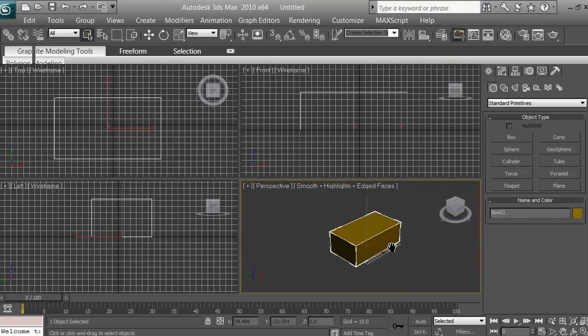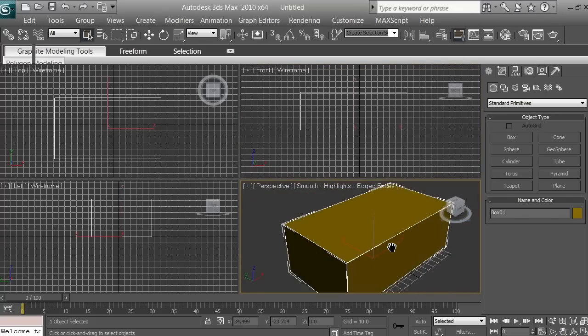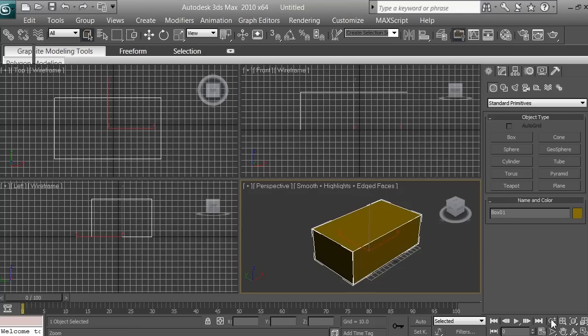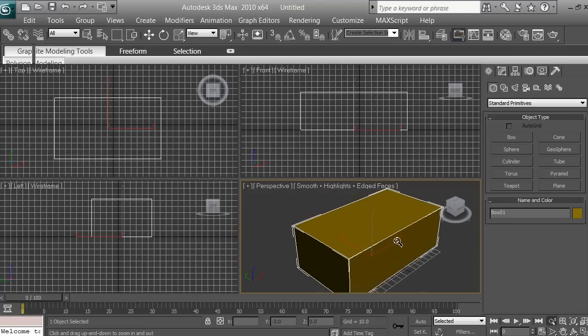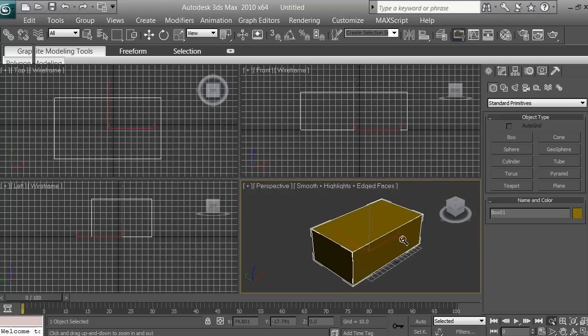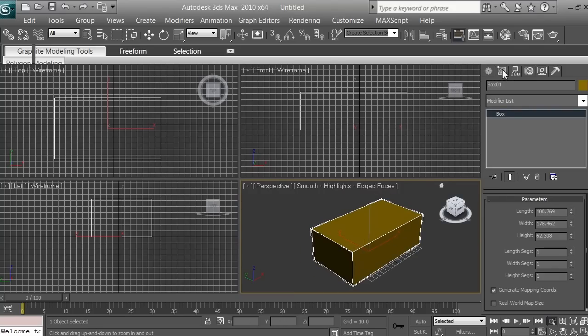Make sure you selected the view which you're working with, or you can use this icon right here which says zoom. Click on it and with the left mouse button, you can zoom in if you're on a laptop. Okay, the next thing, click on modify, and under the box we would like to convert this box